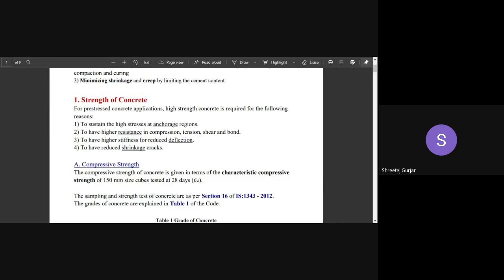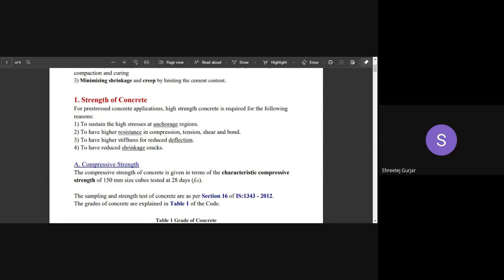Okay, so to attain higher stiffness, and so that we have lesser deflection, we need high strength concrete. Coming to your fourth point, we need high strength concrete to have reduced shrinkage cracks. Shrinkage cracks start occurring in your concrete after a certain amount of drying. After a certain amount of time and drying, there will be shrinkage cracks which will be